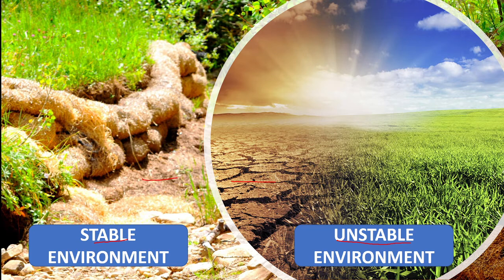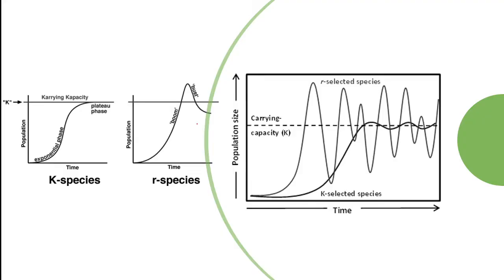So ecologists of the 1970s characterized species into two categories, those that lived in stable environments and those that lived in unstable environments with many environmental stresses threatening the population. This can be visualized through the graph. Here you can see a graph of population growth. The population of a species living in a stable environment with limited resources has a definite size near carrying capacity.